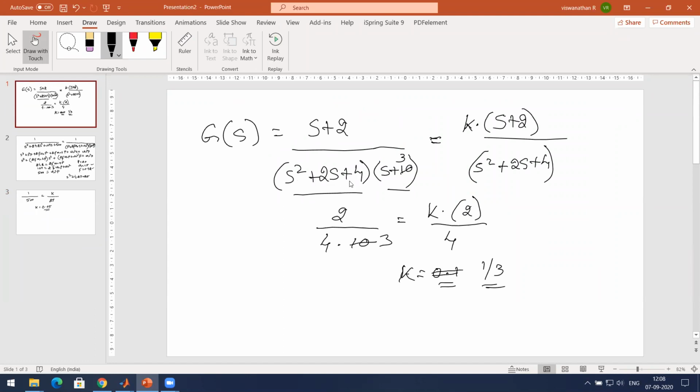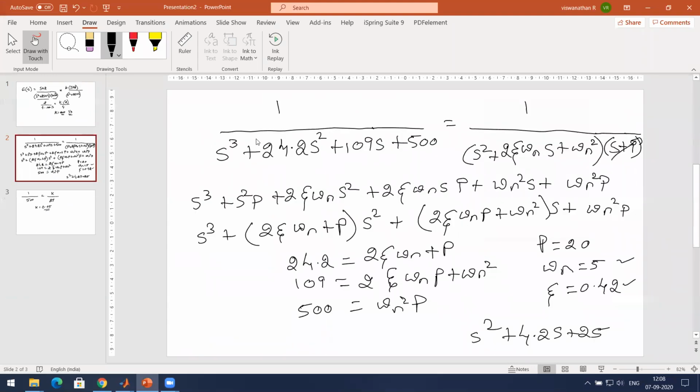Okay, so in the first problem what we did was, it was already separated into a second order system and a first order system, so multiply and you get the third order. So you know what to eliminate here, so it was easy. In the second problem, it was a combined one, so you didn't know what to eliminate, so you wrote it in the second order system form, and then added another first order factor, s plus p, you don't know, and then you just equated these things, you get three equations and three unknowns, you solve for this.